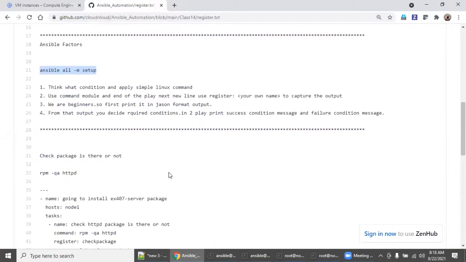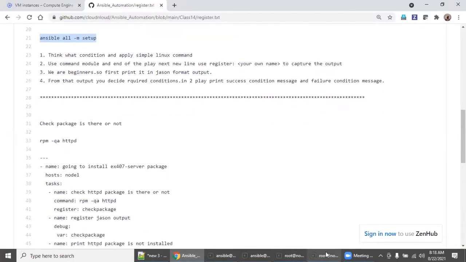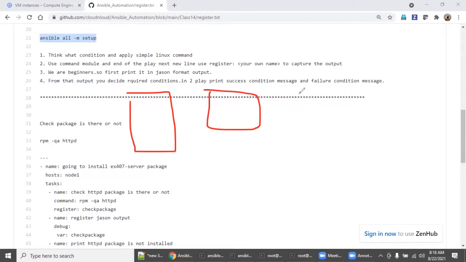Before going to this lab, you need to have a proper lab setup. You need to open 4 putty windows, which will make this lab very easy. In this putty window, you log into the Ansible server as the ansible user. This putty window also logs into the Ansible server, as the ansible user.